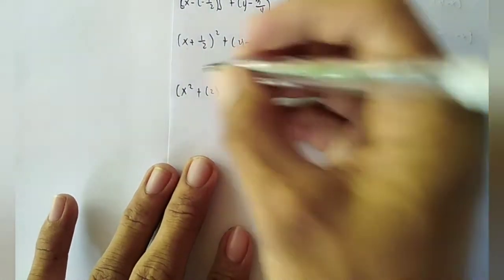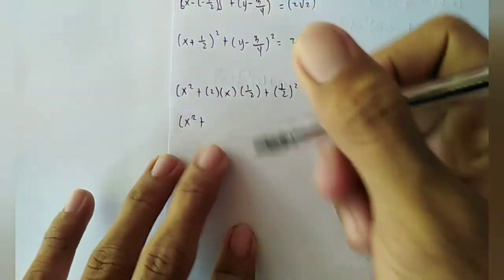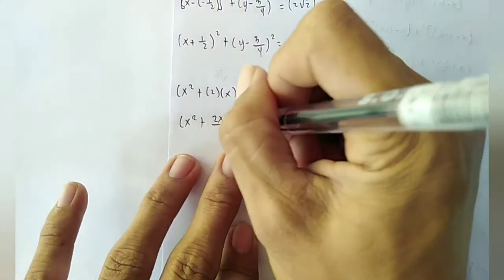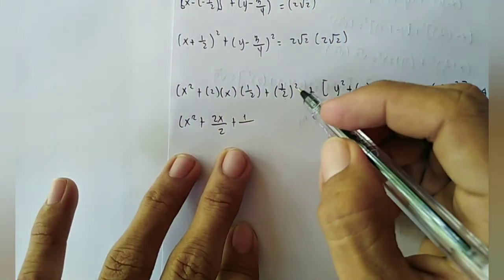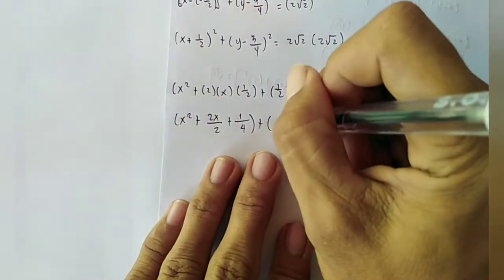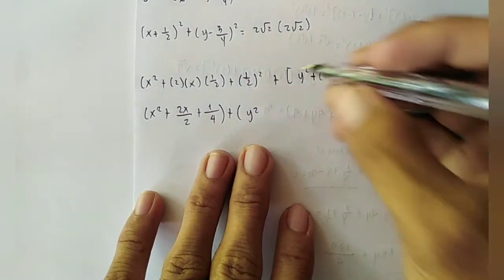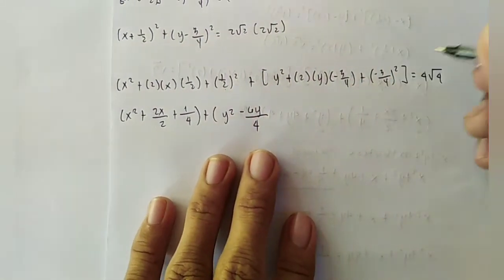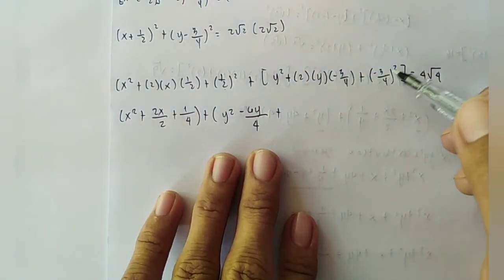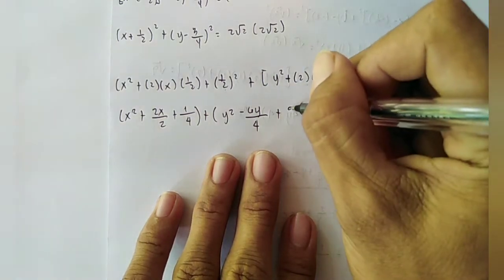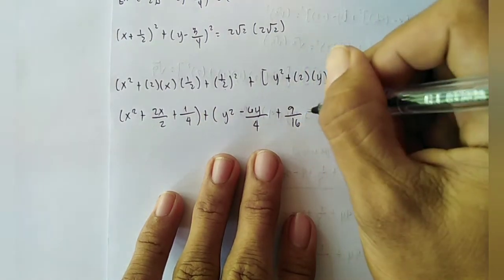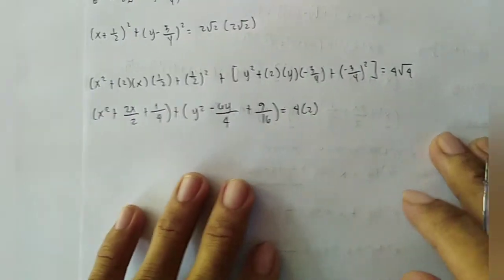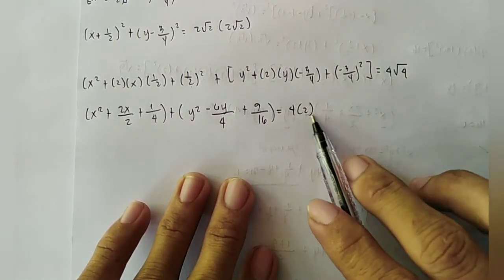So simplify this one. We have here x squared plus 2 times x, 2x times 1, that's 2x, then over 2, then plus 1/2 squared, that is 1 times 1, 1, 2 times 2, that is 4, plus y squared, then 2 times y, that is 2y, times negative 3, that is negative 6y, over 4, then plus negative 3/4 squared, that is negative 3 times negative 3, that is positive 9, then 4 times 4, that is 16, is equal to 4, then square root of 4, that is 2, so times 2, again square root of 4 times square root of 4, that is 2. Okay, so we have here